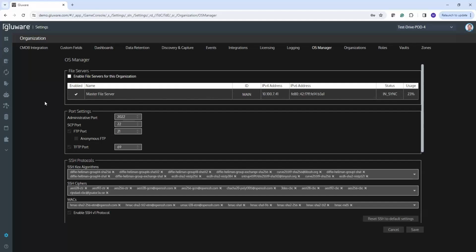We're not going to go through the whole file server setup and install, but just note that when you install Gluware, we have a universal install image. And when you install it, you have the option to select the personality of that image. And so one of the options is to configure the Gluware file server, and you can have one or more